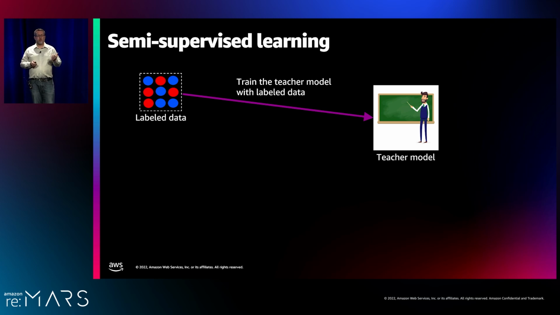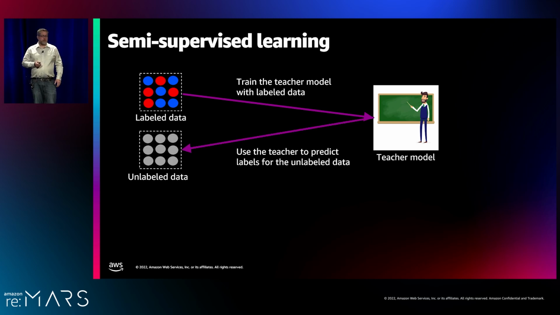We could even take it a step further and expose it to the entire back and forth dialogue between a customer and Alexa to give it as much context as possible. And that will allow us to produce the best label possible. All right, so now we have this bigger, better teacher model, and we can then use that to go label a bunch of unlabeled data.